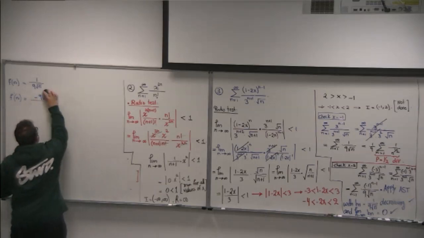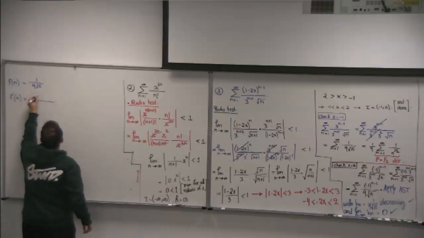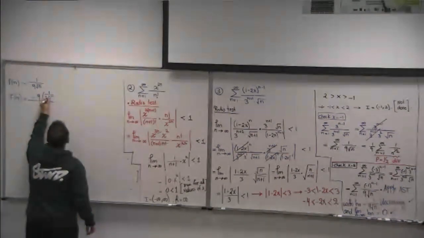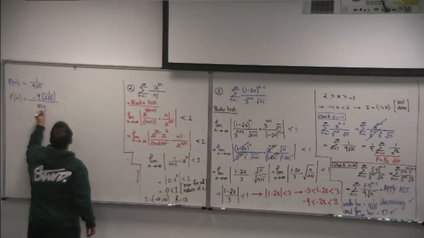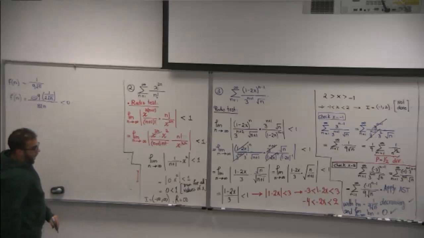Again, minus the derivative of the bottom, which is 9, multiplied by 1 over 2 root n. That's the derivative of root n. So this is 81n. All of this is always positive except the minus outside, so this is always negative. Okay? And we already said that the limit is 0. So